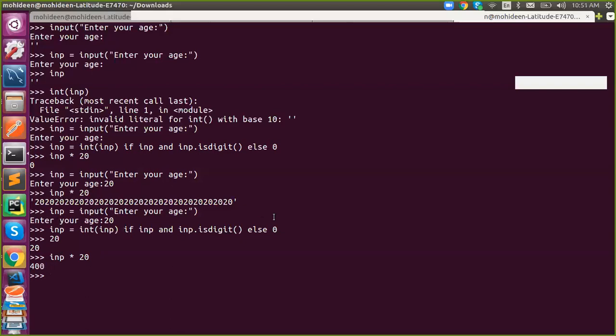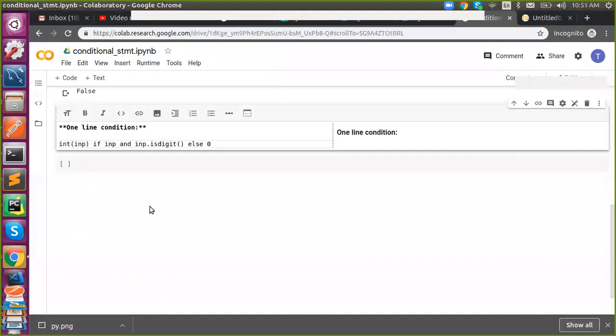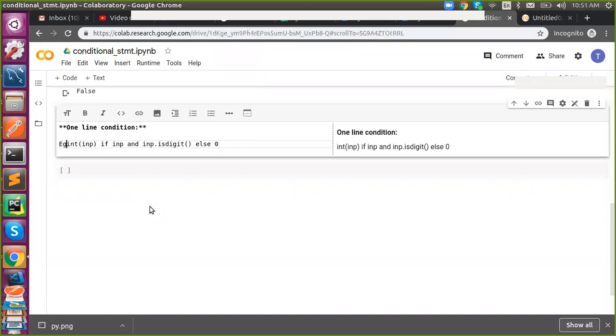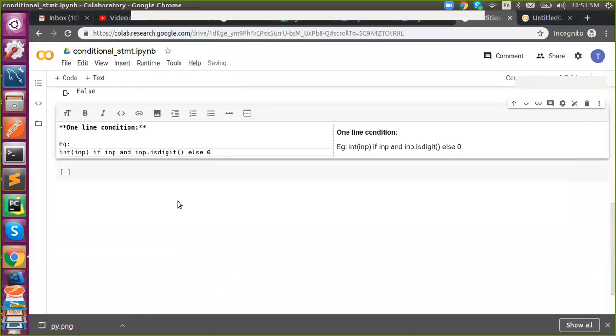Now we'll talk about what this is. What is a single line if condition? So probably we'll use a one line if condition in a variable assignment. We'll discuss in detail. Example. So the syntax is,